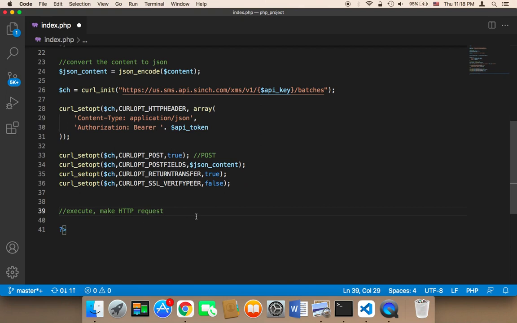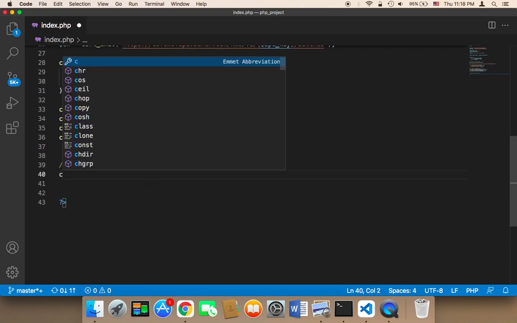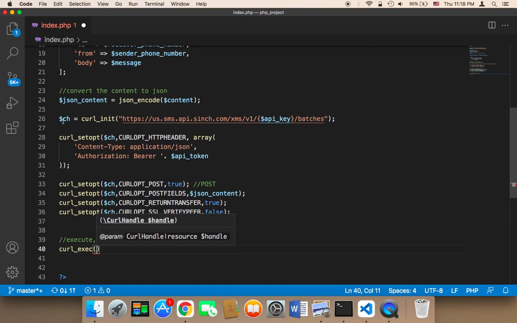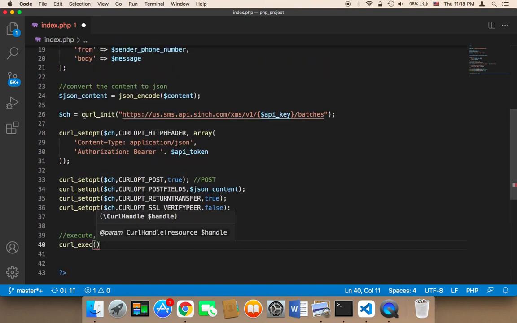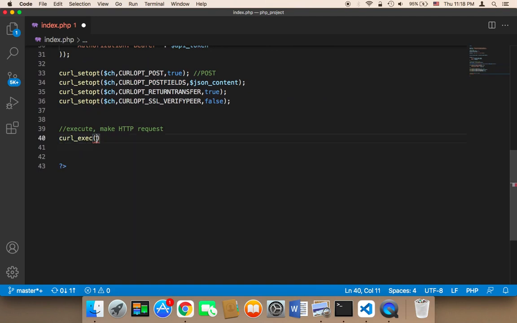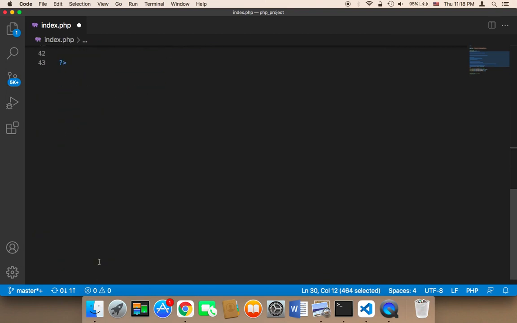Make the request. So to make the request, we need to call a function called curl_exec. And this function takes the ch, it takes the kernel init. So I'm gonna pass here ch, and then when we execute this code, this function will be called